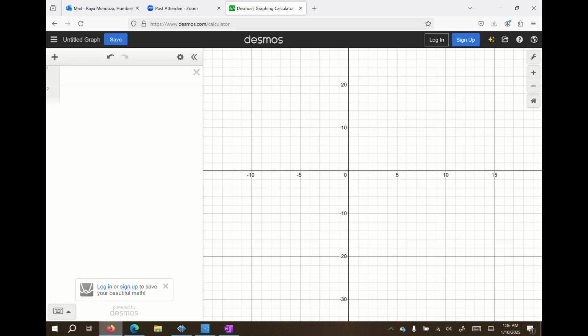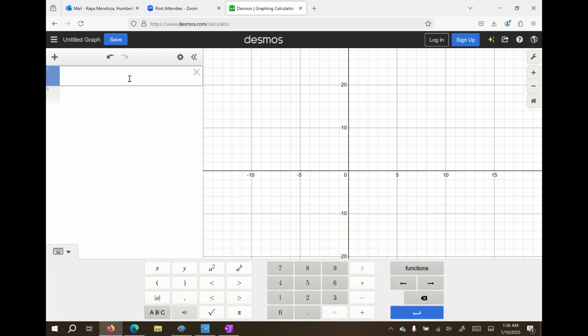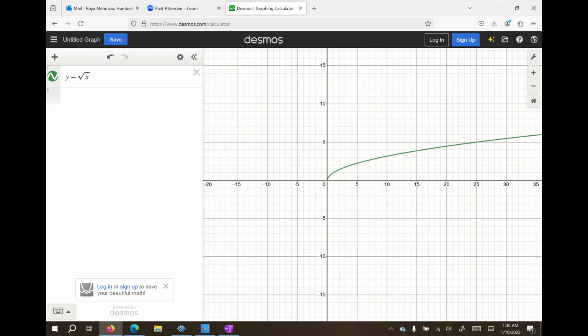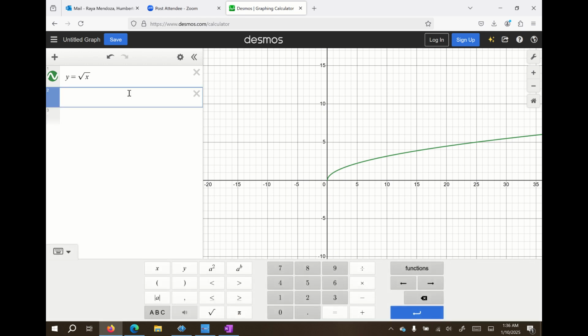We can use Desmos to explore the different translations applied to different functions. Translations and transformations. Suppose that we had our square root function. So y equals sqrt of x. So this is my standard square root function, and I can use Desmos to analyze the different variations of manipulating